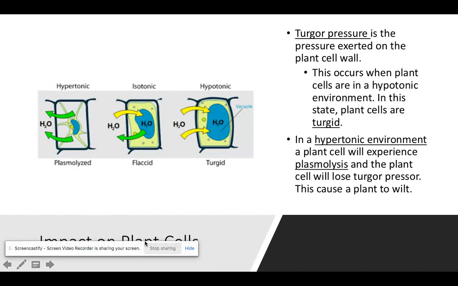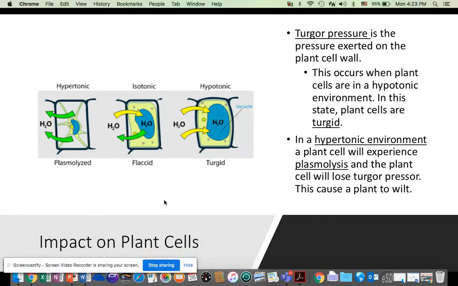So with plants, it's going to be a little different. They actually like a hypotonic solution the best, and the reason why is that it creates a lot of turgor pressure. Turgor pressure is where water is coming in because the plant has access to a lot of water, and it's going to be storing that in the central vacuole. And that's actually going to apply pressure to the cell wall, and then that's going to make the plant stand